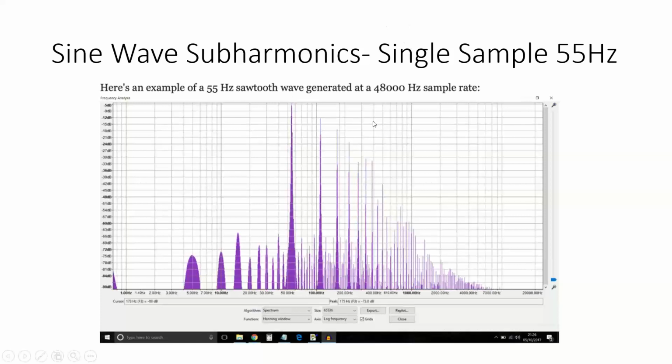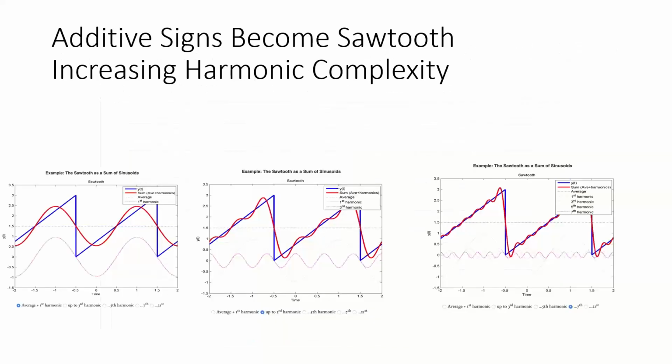Here's another visual way of looking at subharmonics. Here's a 55 hertz. This is very close to the subharmonic output of a 60 hertz dirty electrical noise from your wall socket. And you can see these big lines are subharmonics. Interestingly enough, these little lines are reflected harmonics from the fact that it's a limited sampling range, and you get what they call Nyquist reflections, and we don't need to get into that stuff. But it shows you how dirty the signal can get depending upon the quality, the sampling rate, and the quality of the range you're taking in. All those things affect it.